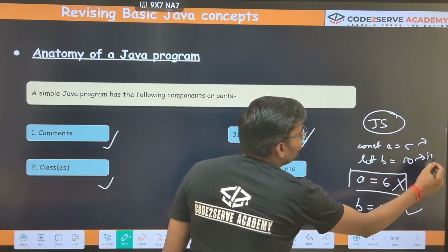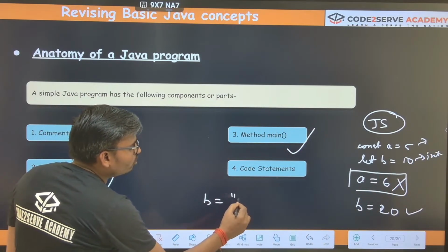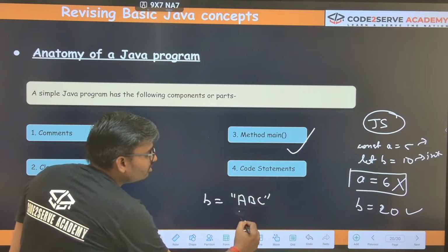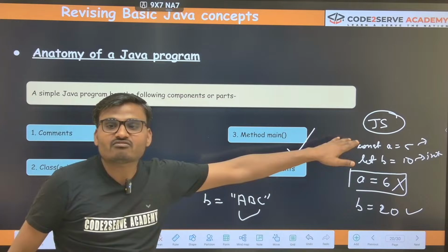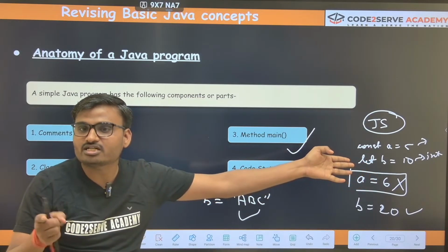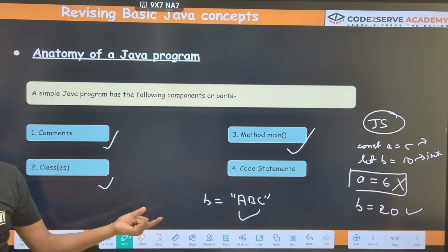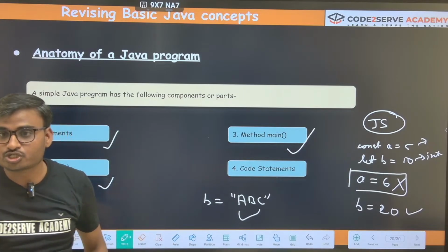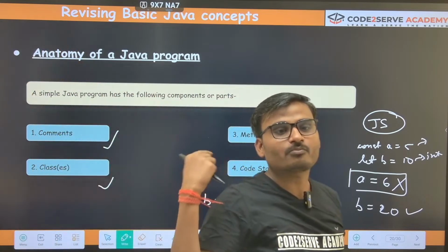Now if in b you want to store A, B, C, in JavaScript this is possible. Whenever you create a variable and assign it a particular data type, an integer, and later want to change it to another data type, that is not possible in Java, but that is possible in JavaScript, Python and other programming languages.